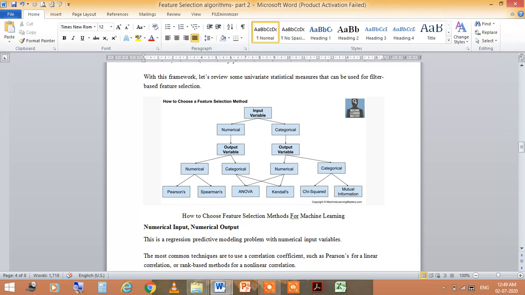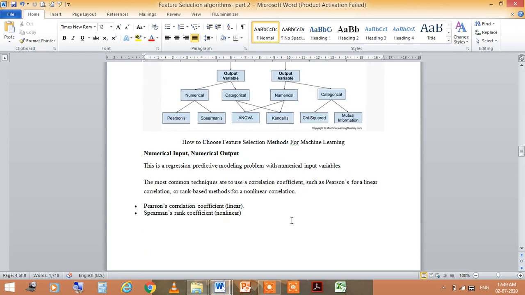Then the numerical is further categorized into Pearson and Spearman, and for the categorical we use ANOVA and Kendall's. Same for the output variables of the categorical data. In the categorical, here we use chi-square and mutual information. So this is a way to choose a feature selection method for machine learning.